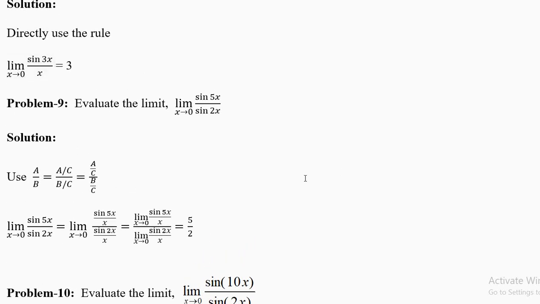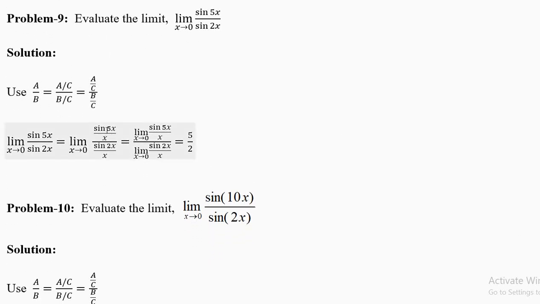Something like this. So what you do is, you divide with x, sine 5x by x and sine 2x by x. Divide up by x, down by x. C is like x. So a by b equal to a by c, full divided by b by c. Now once you have done this algebra here, you take the up limit separately and the down limit separately. Up limit is 5, down limit is 2, 5 by 2 is the answer. Don't do these questions orally, you should know what is happening here. Just don't write 5 by 2, you should know from where the 5 by 2 comes.